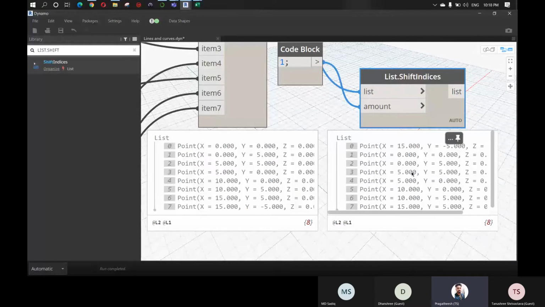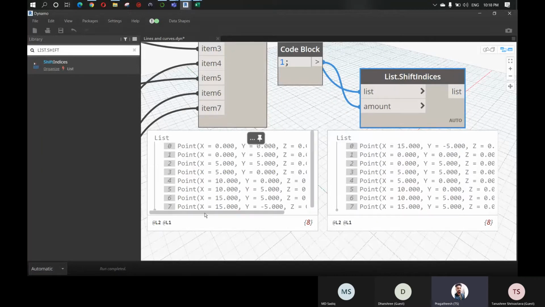And on the right side, you can see the same coordinate is shifted by one amount and is now first, because 7 is the last, right? There is no option to move beyond 7, so it shifts this point to the first position. As there is no space beyond 7, it just goes to the first item. You can see the item at index 7 is now at index 0.